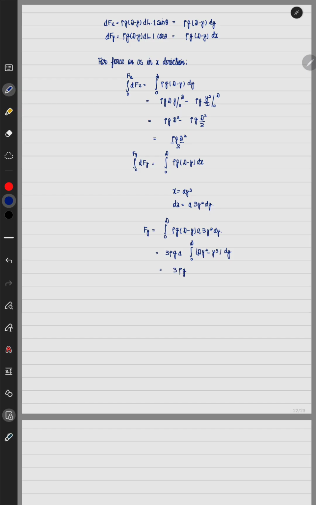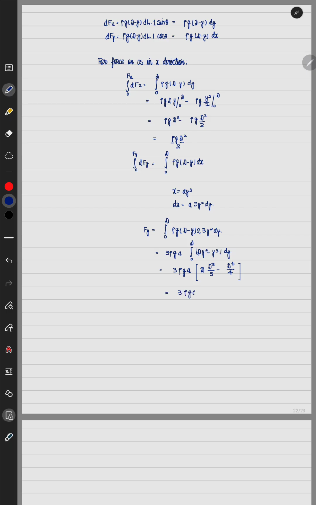3 rho g a. Integrating y cube by 3 and putting the limit from 0 to d will give me... I have just integrated and put down the limits. Okay,